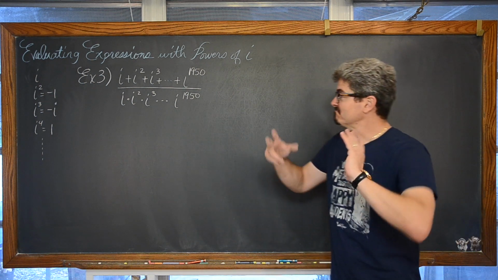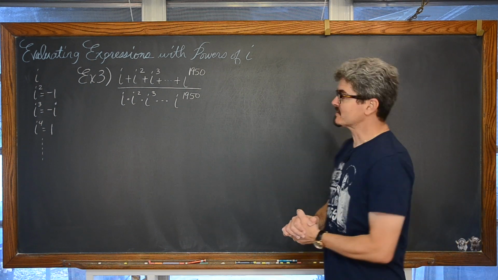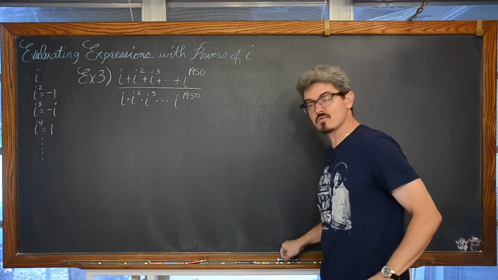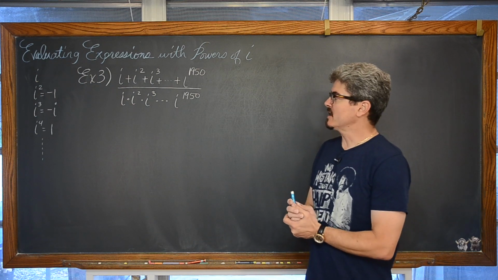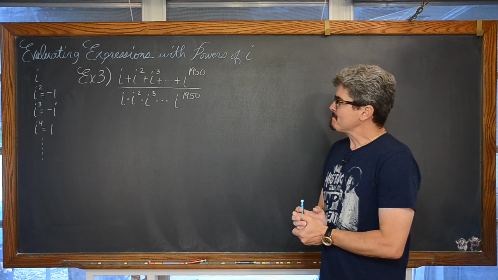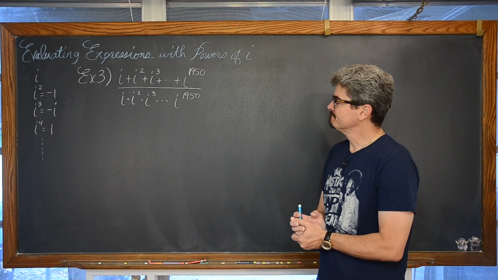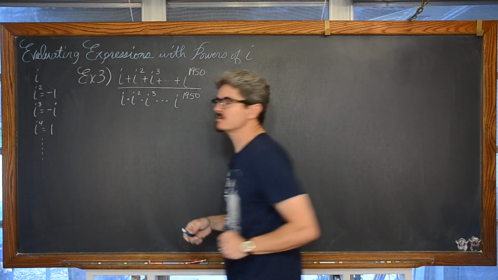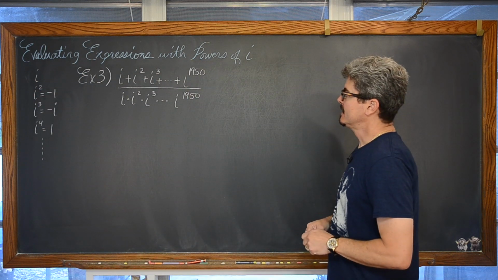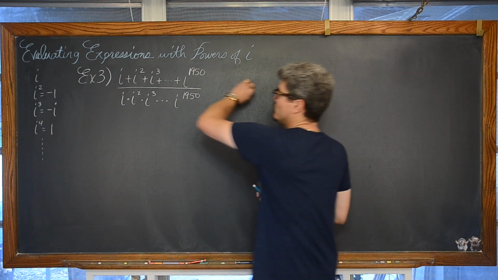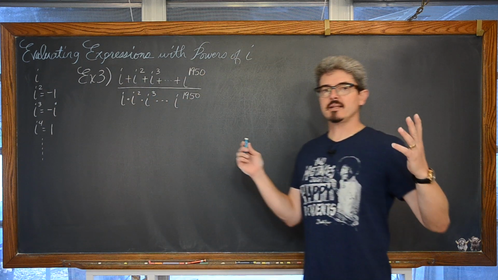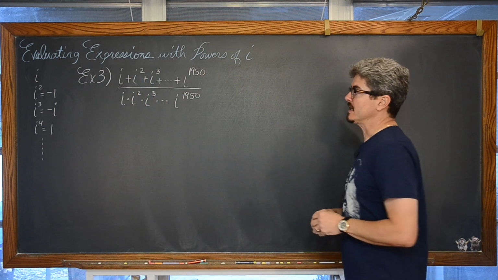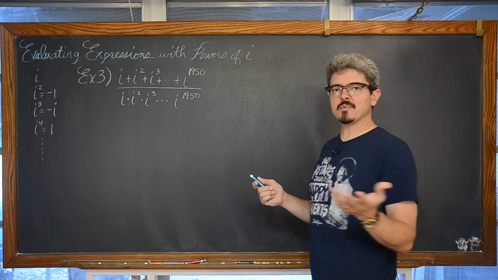All right, let's see whether you got this right. If you happen to have stopped the lesson and tried this on your own, it looks pretty challenging. Let's look at that cyclical pattern that we have here with our powers of i. If in the numerator of this fraction we're just adding a bunch of powers of i, then let's look at what happens at the first four.